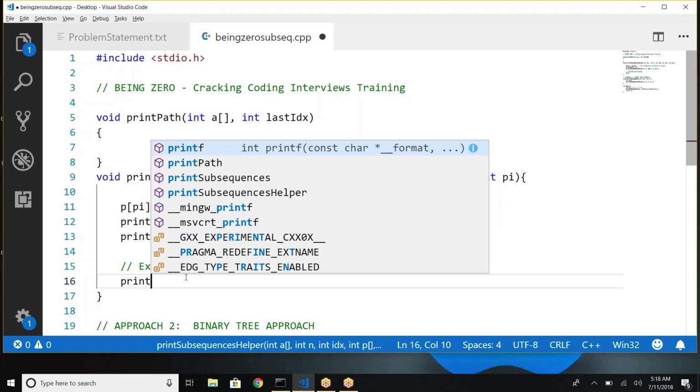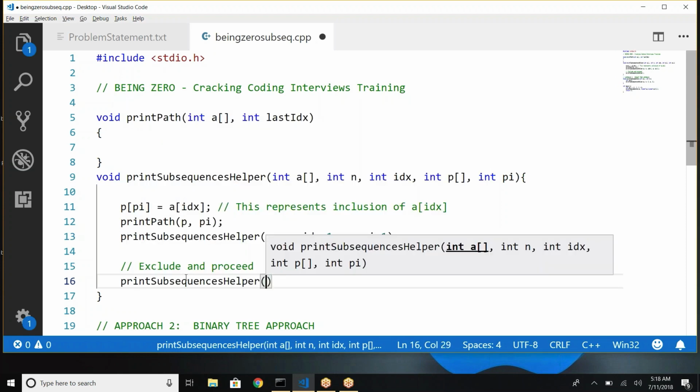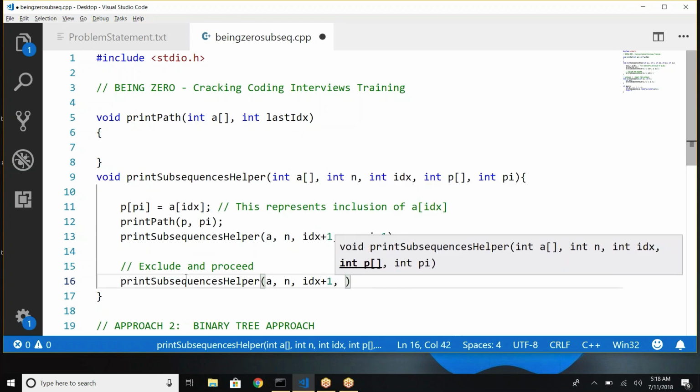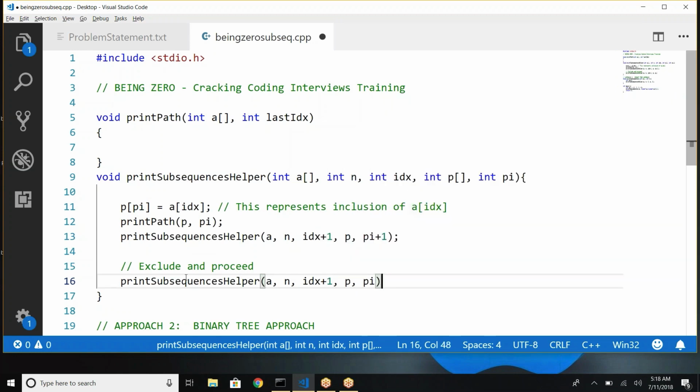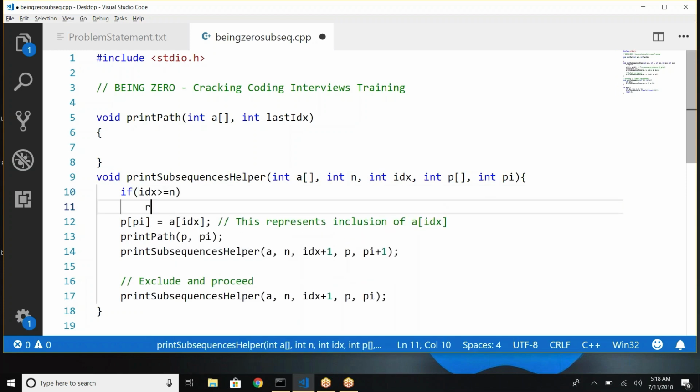In the exclusion path, we make a recursive call. In this recursive call, we start from the next element onward in the array, but put the element at pi. So we are going to overwrite the same index. So this is called the excluded path. Now if we go and look at the base case, the boundary case, we'll say if idx is greater than or equal to n, then we end up